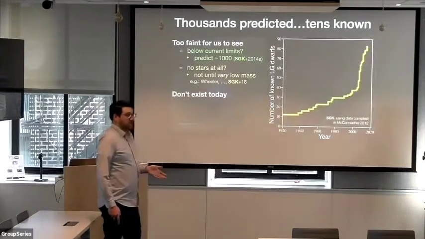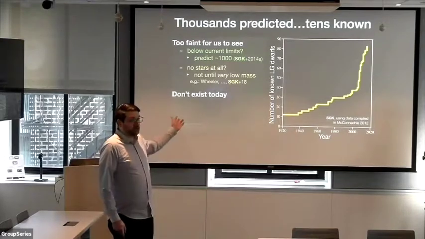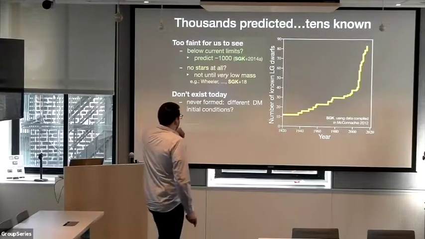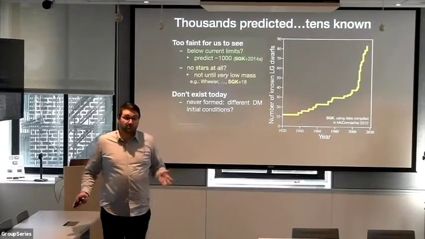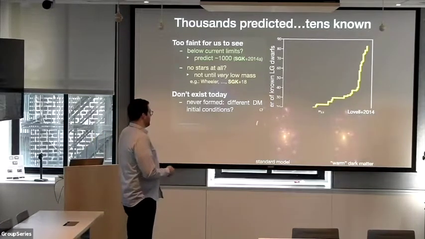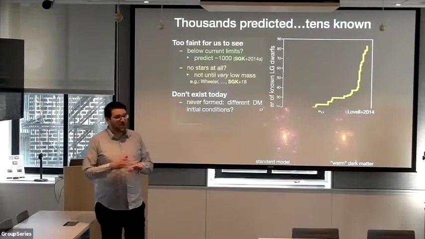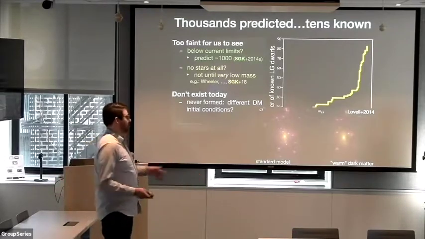Now, the other possibility is that these halos don't exist, right? So not only are there no stars in them, but they just don't exist at all. The first possibility there is that there were different initial conditions to the dark matter. What I mean there is mostly warm dark matter. So you can see in this image here, in the standard cold dark matter picture, you get lots of little tiny clumps around your central Milky Way. In a warmer dark matter picture, you eliminate all that small substructure, and you end up with just the largest